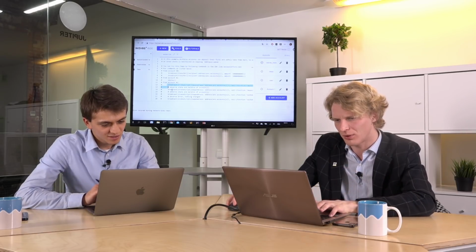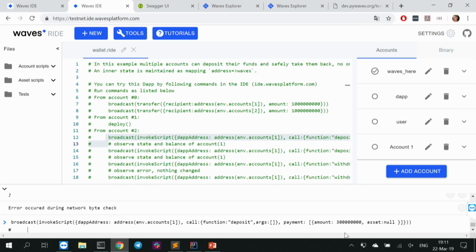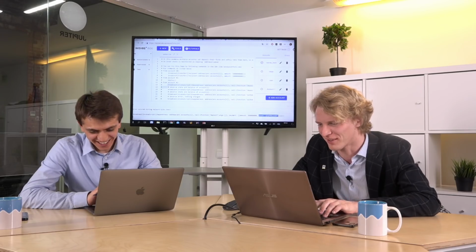When we did this, we attached this amount and no assets at all. If it's null, it takes waves. It could be your favorite asset ID here. I don't have a favorite asset ID. Your favorite asset ID is waves or null, right? Okay. Yeah, I like nulls.